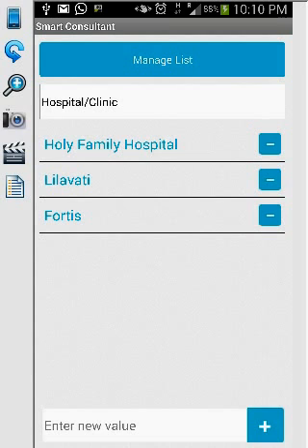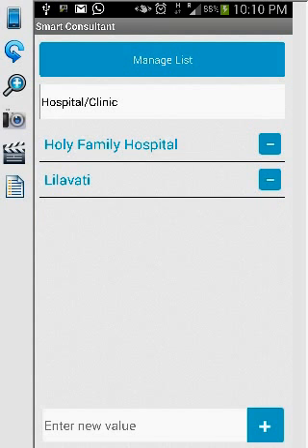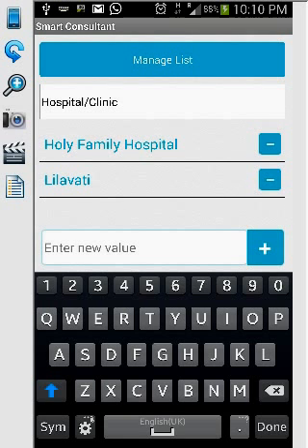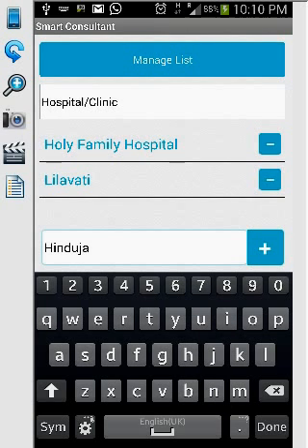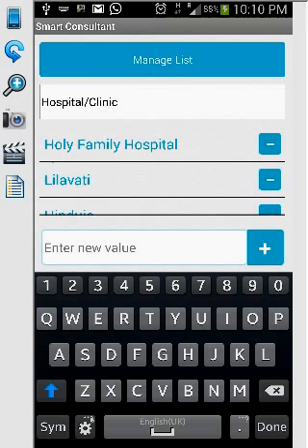All I need to do is click on the minus sign in front of Fortis, and Fortis just goes away. Let's say I have started practicing in a new hospital. I can just type that particular name and click on the plus sign next to it. It will add that particular value to the hospital and clinic.